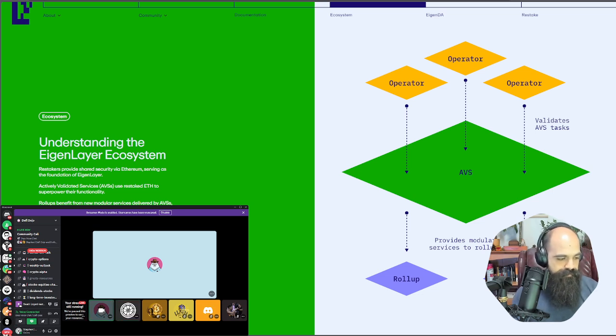Right. But given this is very early and EigenLayer is still building out a lot of this, you can imagine that once you restake to an AVS and you opt in, they get some level of ability to then slash the capital in the EigenLayer smart contract itself. And the reason you would opt into that is